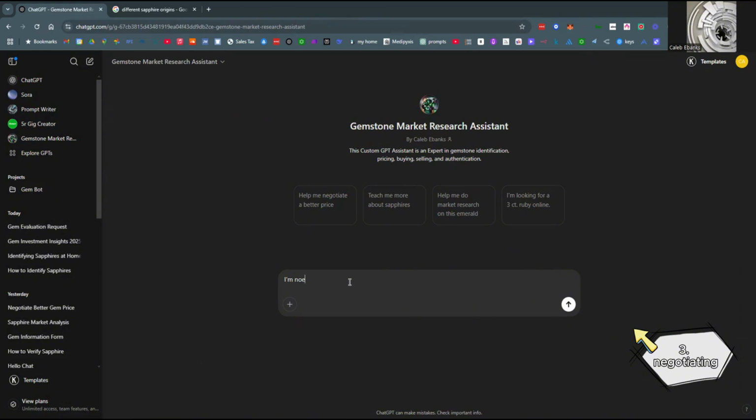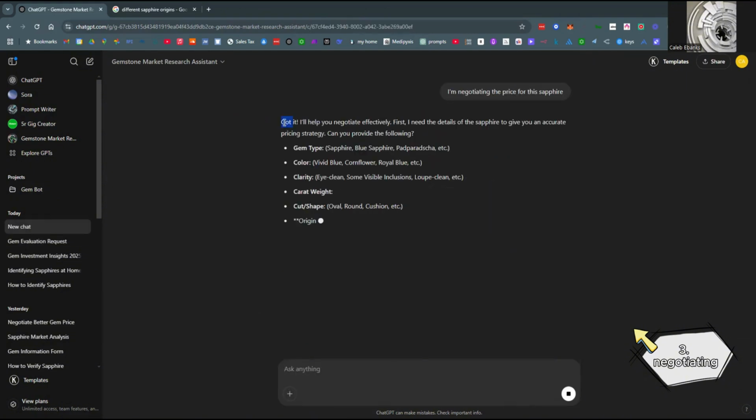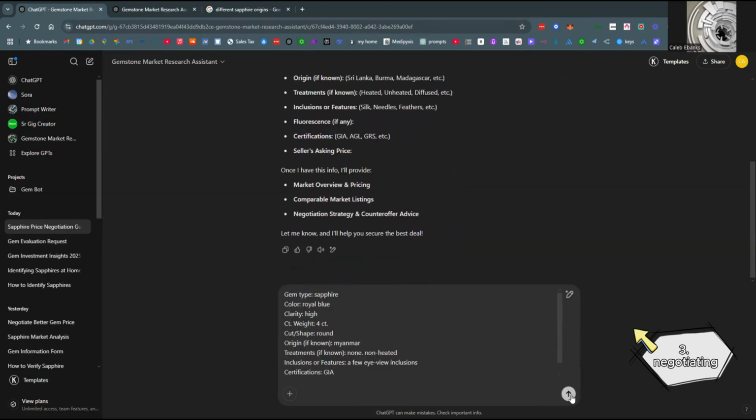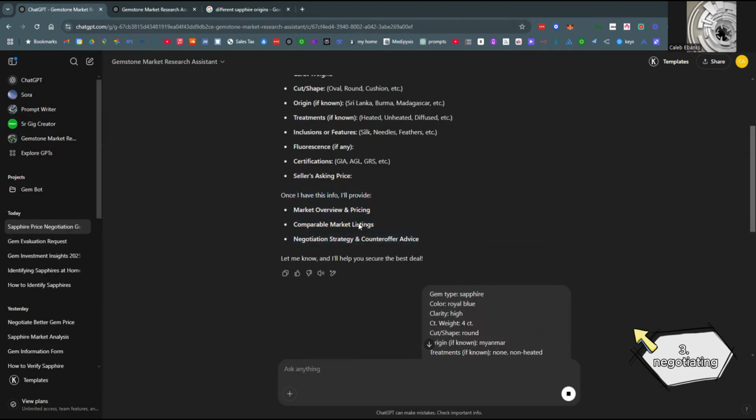I can tell it I'm negotiating the price for this sapphire. It'll switch to a negotiator, and it says, "Got it. Help you negotiate effectively. First, I need the details of the sapphire to give you an accurate pricing strategy." I'm gonna say certifications, GIA, send it off. Oh, it even tells you what it's gonna give me. So once I have this info, market overview and pricing, comparable market listings, and then negotiation strategy and counter offer